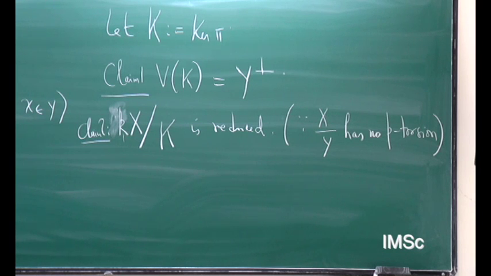Is that okay? Because if I take something not in y, that's a non-trivial character here, and therefore it cannot be identically 1 on y perp, because it's the ring of functions on y perp. So you have to prove that K of x mod y is the ring of functions. That follows from these two claims.